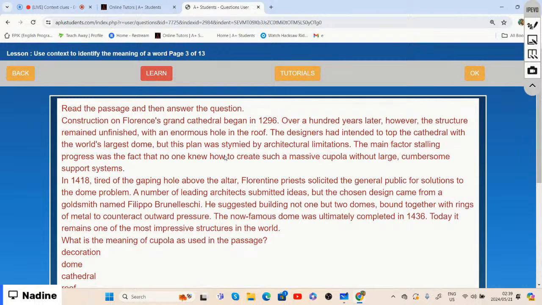The designers had intended to top the cathedral with